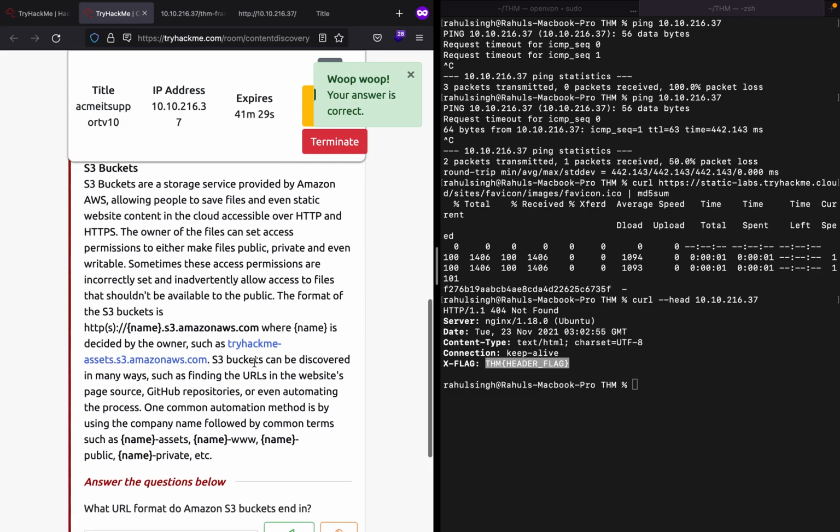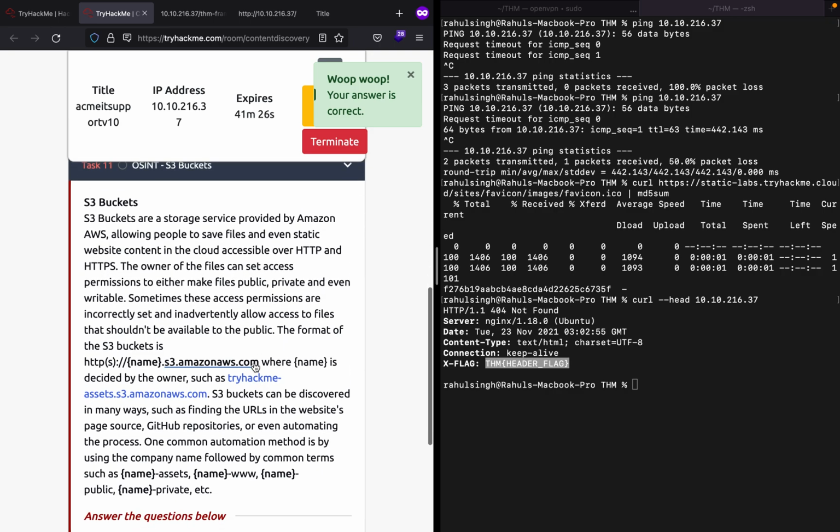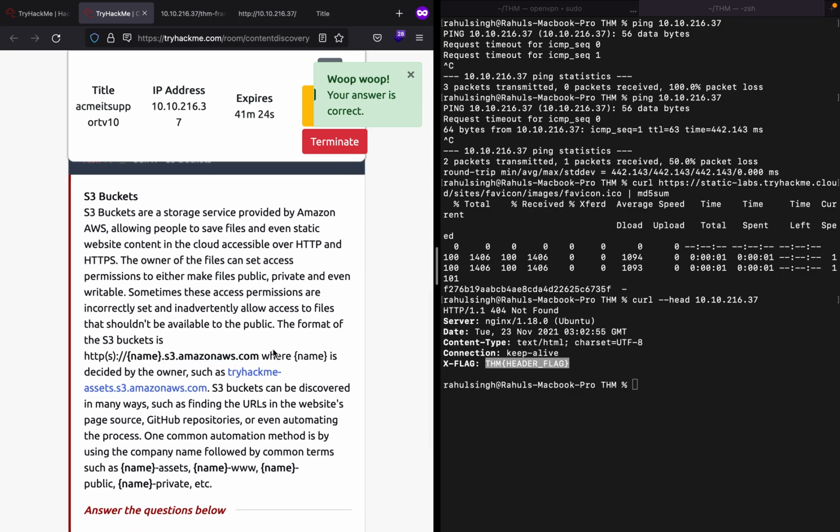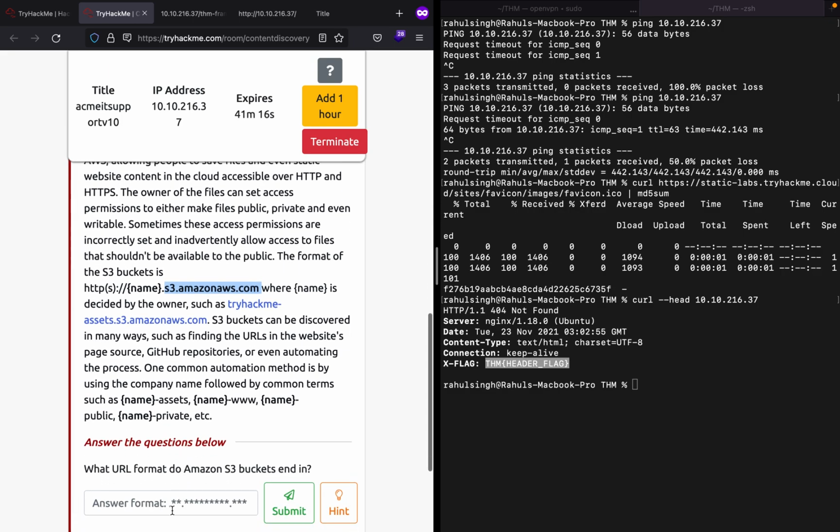Now there are S3 buckets. Now S3 bucket is a bit tricky because before hackers exploited S3 buckets in the wild, S3 buckets used to be open for all, generally open for the public. But now, because it was actively exploited, AWS decided to make S3 private, so it will only be accessible to a particular owner or a website.